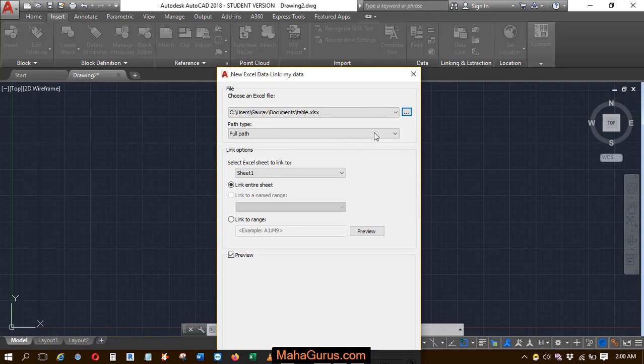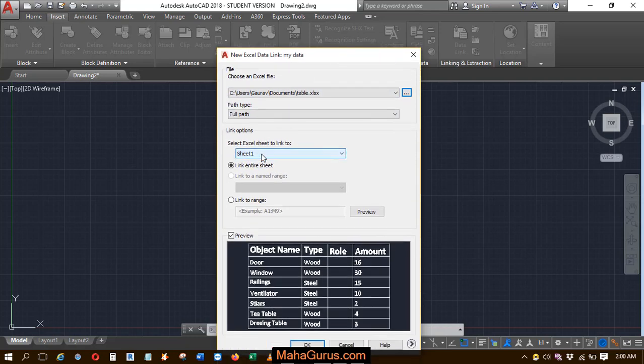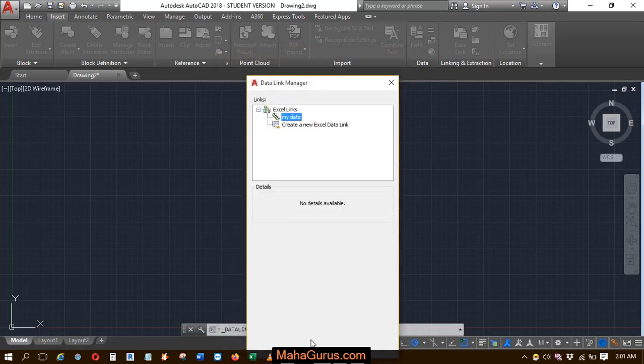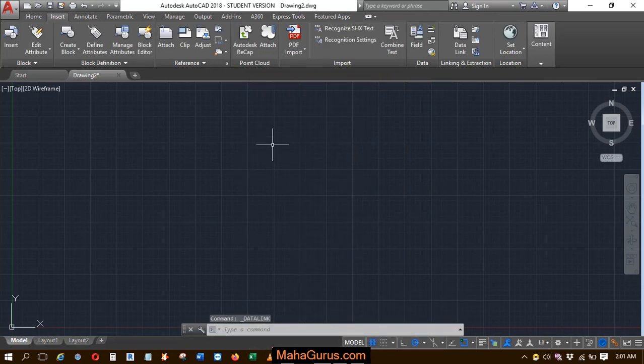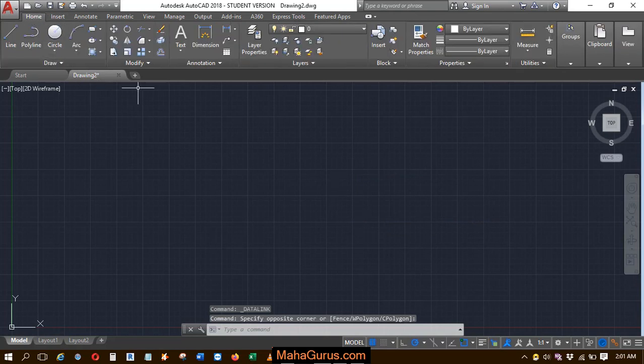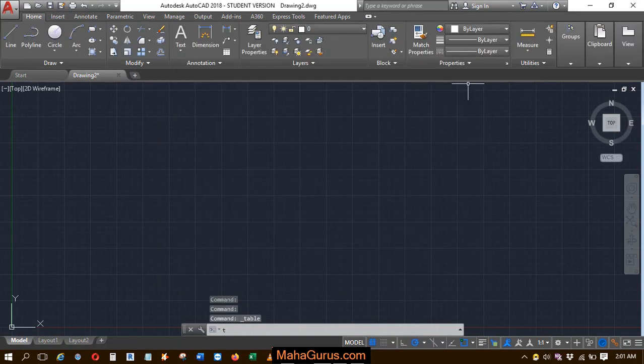And then you have to specify the path. I'll select it as full path, and then you can select the sheet, number of sheets, or you can do the cell ranging from here. I'll keep it as link entire sheet and then click on OK. Again, I will click OK, and now you have to click on this Home button, and here you have the tables. Just click on this table, or you can use the shortcut command TB,